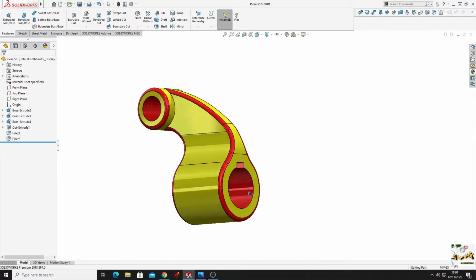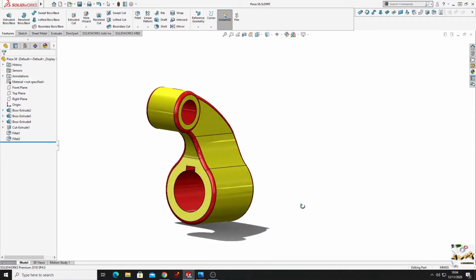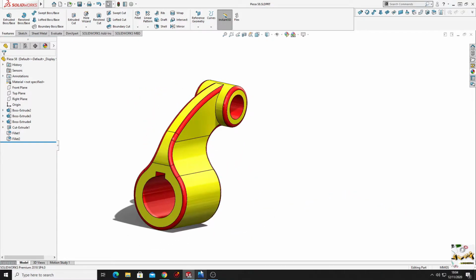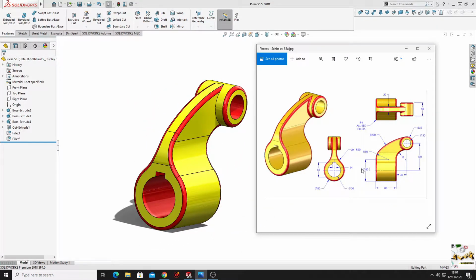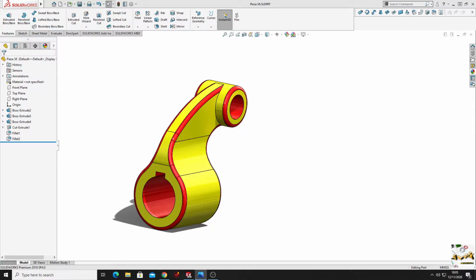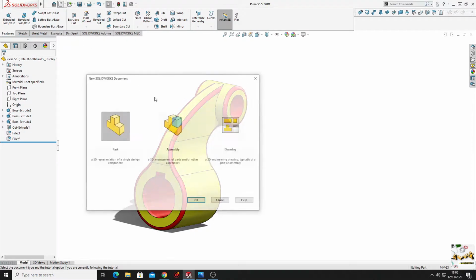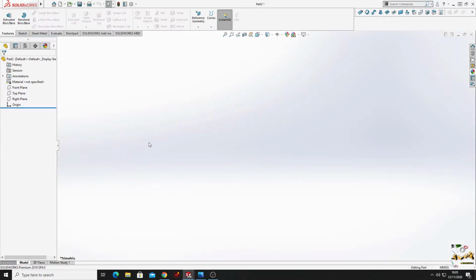My name is Alex and in this video I'm gonna show you how to make this exercise in SolidWorks and we'll be following this sketch. Let's start. First we'll have to open a new part and here we'll open a sketch in the front plane